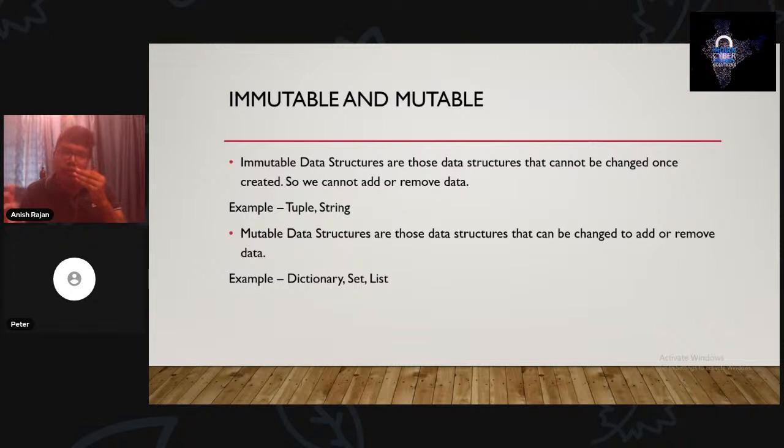The 5 data structures are classified into these 2 categories because in some cases we need to store data and don't need to change it anymore, but in other cases we store data on a temporary basis and need to keep changing it. So that's why some data structures are immutable and some are mutable.